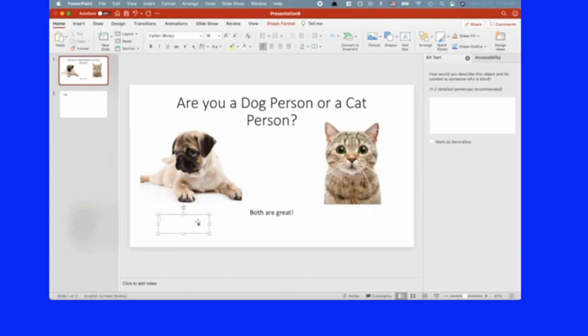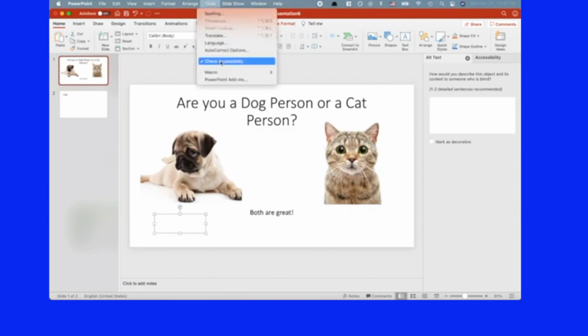So if you had a really long, complex image and you wanted to describe it, you could just say see text box below and write a detailed description. So that's a little bit about using the accessibility checker. Again, it's under Tools, Check Accessibility.